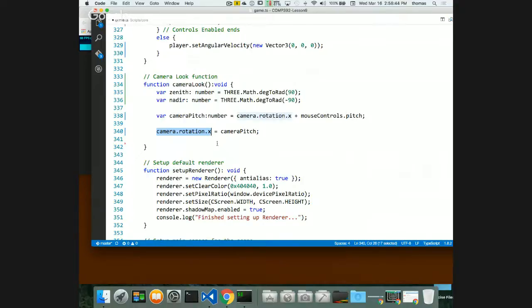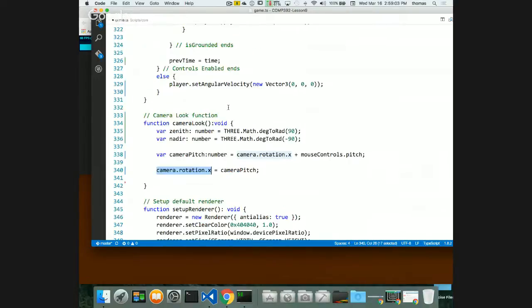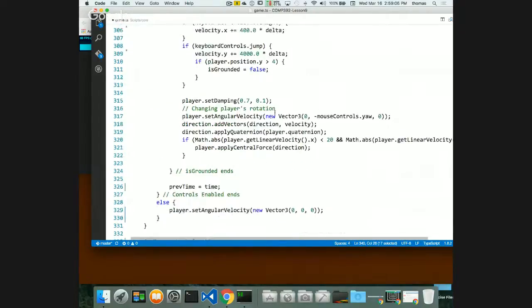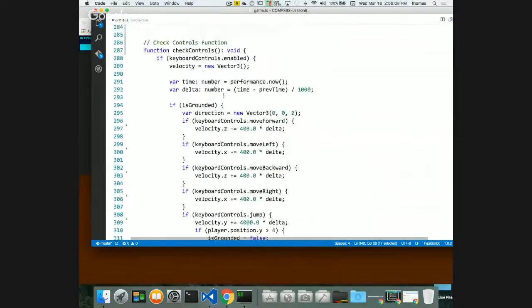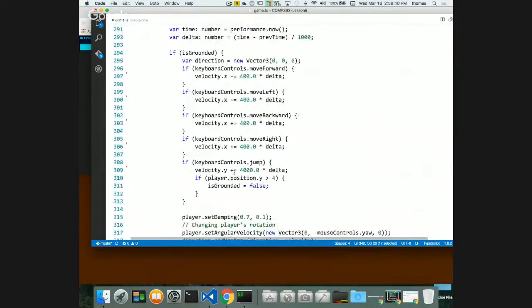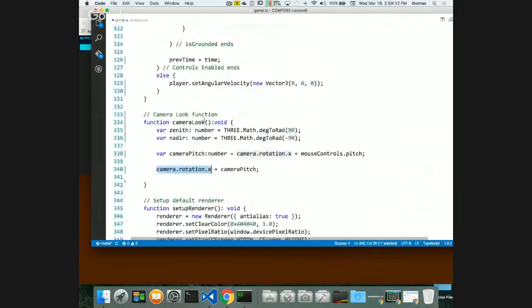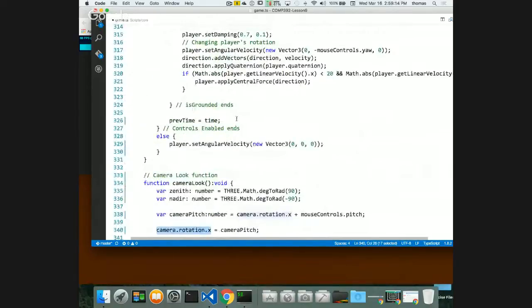Okay, this is cool. Camera.rotation is what's saving me, right? Camera.rotation.x, which is okay. This piece is okay. One thing I'm going to run into though, and I found out through testing that this was happening a lot, is something I want to put into my check controls method. Here's my check controls method, and I'm going to call my camera look method from my check controls method. But I find that